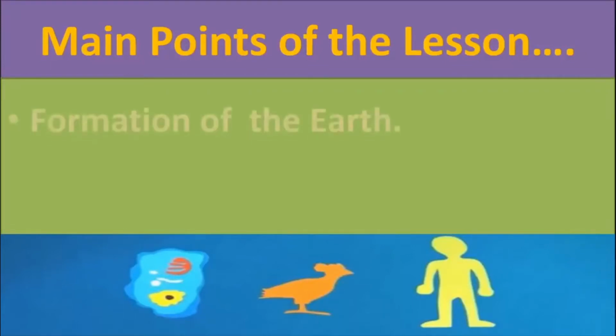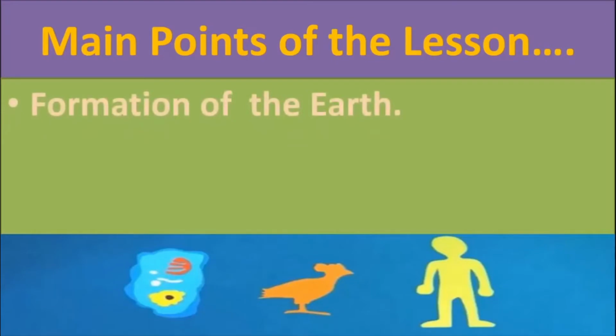So the main points in this lesson are, we will study the formation of the earth. That is how the earth was a very big mass, not only the earth but the entire solar system. When you say solar system, it means the sun and the 8 planets and then the satellites of the planets like the moon, okay, and so many other things which we will talk about. So we will see how all these things formed. Okay, so the first and most important point in our lesson will be the formation of the earth and also the formation of the solar system.